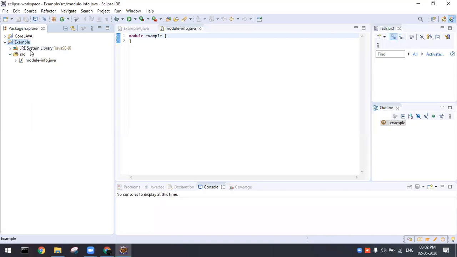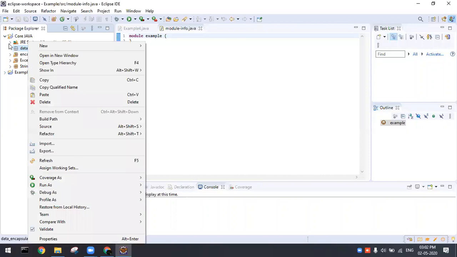Okay, so inside I just want to create files. Whatever file name you want. So in case of command prompt, what we did, program name and file name were both different, right? But in case of this IDE environment, you are supposed to maintain both the same, because all these are predefined. So let me go ahead with one package. Okay, so if I want to create a package, let me go ahead with my core Java itself. So here, I just want to create a package.